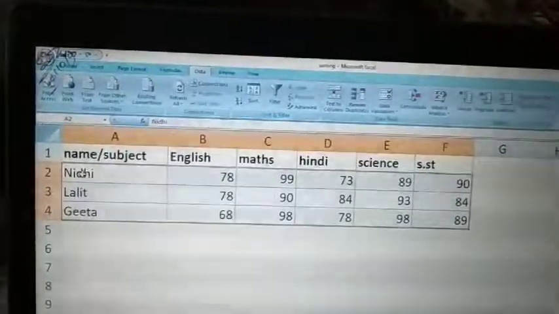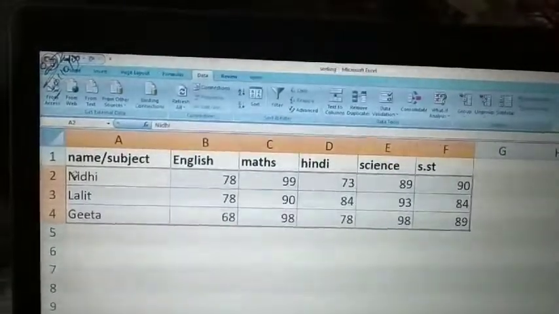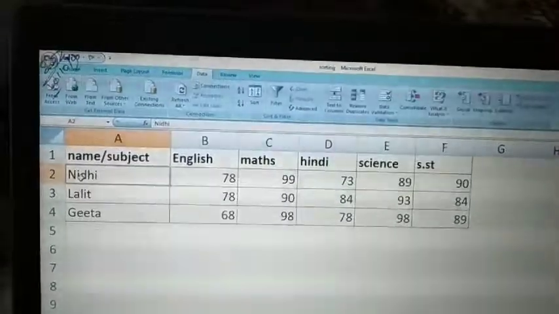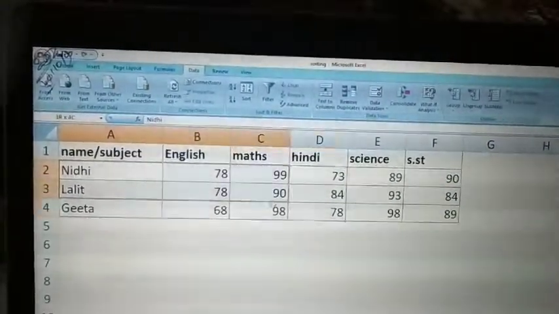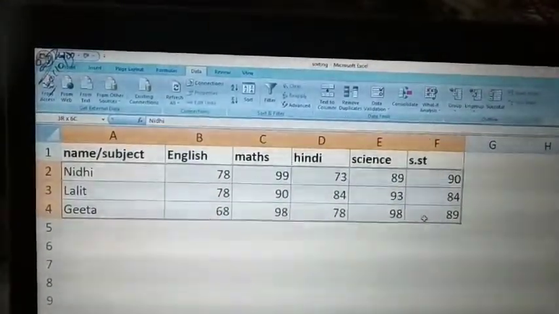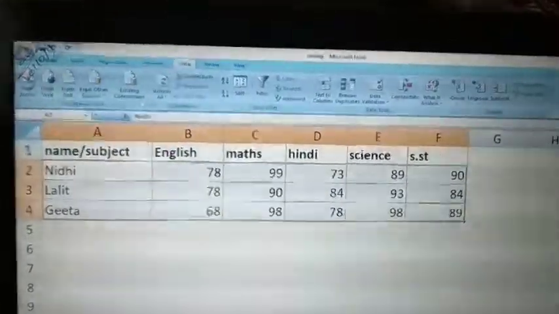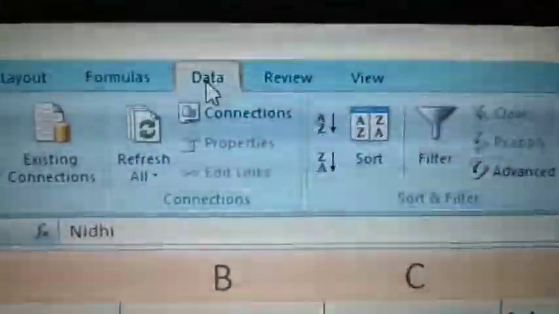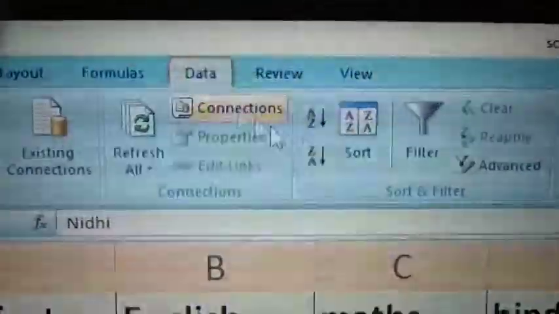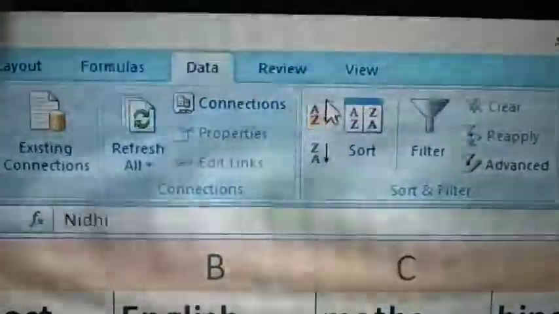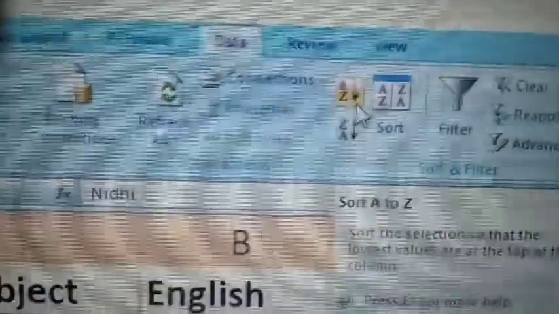So what we do for that, we select the column in such a way, right? After selecting it, we will click on Data. See, Data option. Then it is A to Z, means in increasing order.